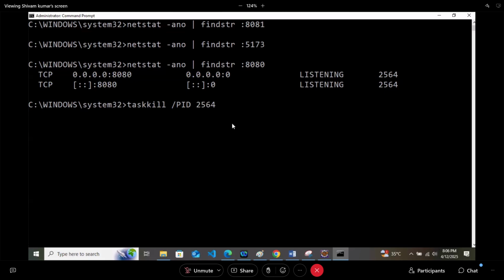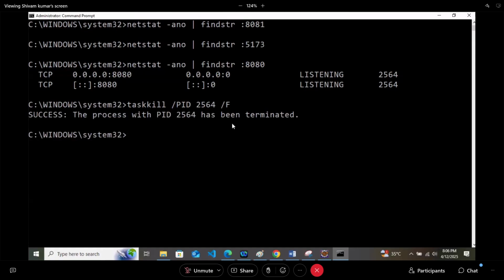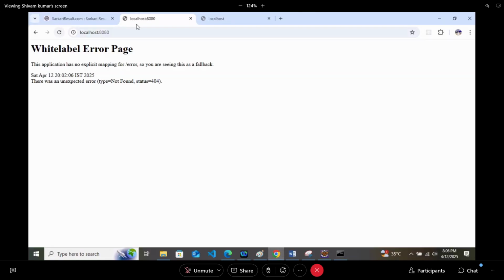Type that: 2564, space, forward slash, then F. Hit enter. And you will see one success message: the process with PID 2564 has been terminated.